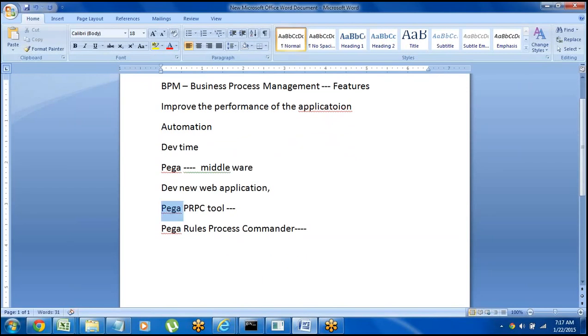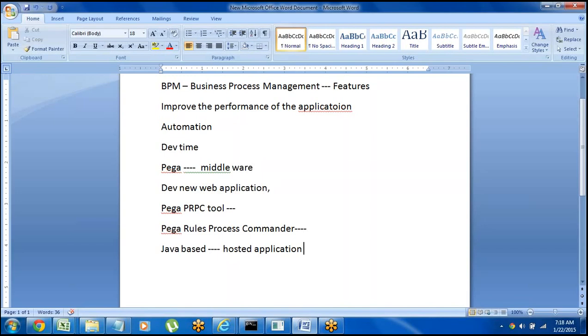One more thing: Pega is a Java based application. This total Pega tool is designed using Java technology. We can say Pega is one hosted application which is designed and developed in the J2EE environment.